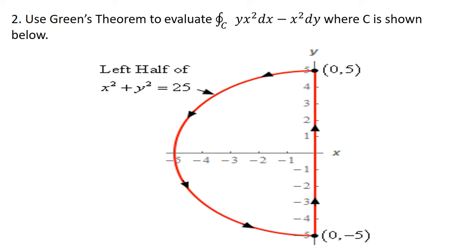Let's discuss another problem of Green's theorem to clarify Green's theorem properly. So the problem is using Green's theorem to evaluate. That means you have been told to use Green's theorem, which means you need to avoid the line integral. If the question had been just to find this integral, then you could solve it with the help of the line integral by skipping Green's theorem, but it is mentioned in the question to use Green's theorem to evaluate this.